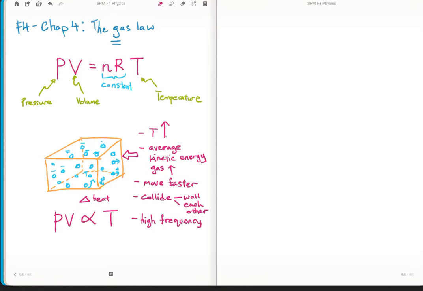Provide heat, average kinetic energy increases, the particles move faster, you collide with the wall as with each other. Therefore, the frequency of collision is higher, and therefore the change, this is an important word, change of momentum